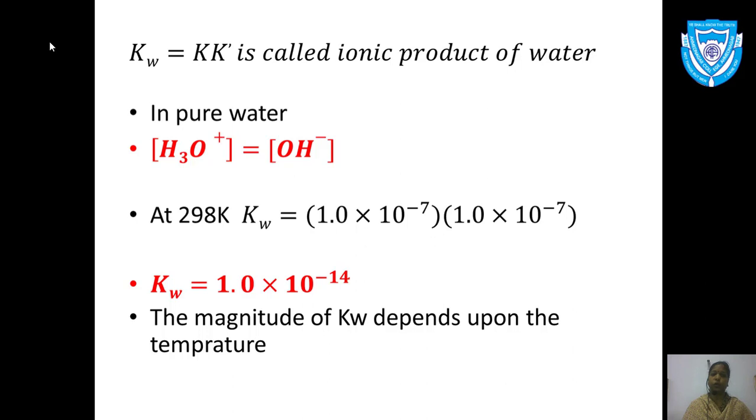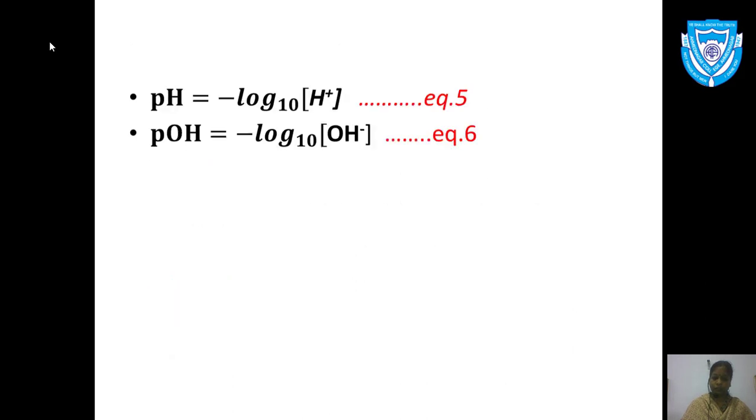and that of H3O plus and OH minus ion becomes then 1.0 into 10 raised to minus 6. Hence Kw is having different value at different temperatures. Now we go for the next topic, and that topic is called the pH scale. What is meant by a pH scale?